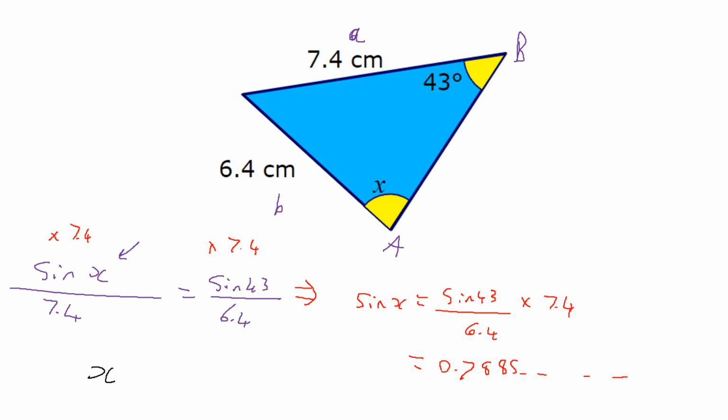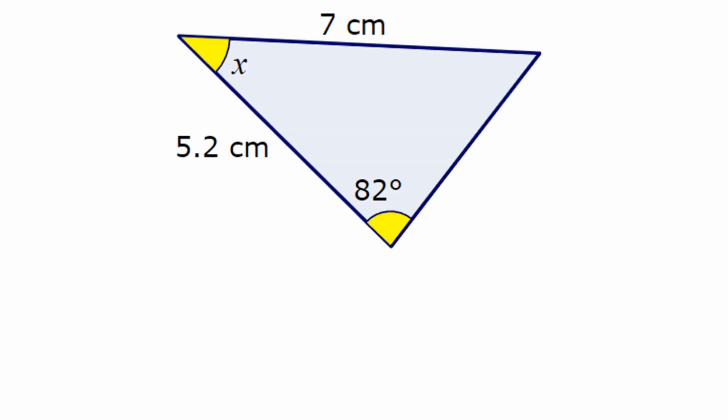So x is just going to be the inverse sine of 0.7885, okay? And when we do that, we are left with an answer of 52.05 degrees, okay? So it's the exact same as we did in trigonometry when we did SOHCAHTOA, where we're trying to find the inverse when we're looking for an angle. Exact same scenario here,